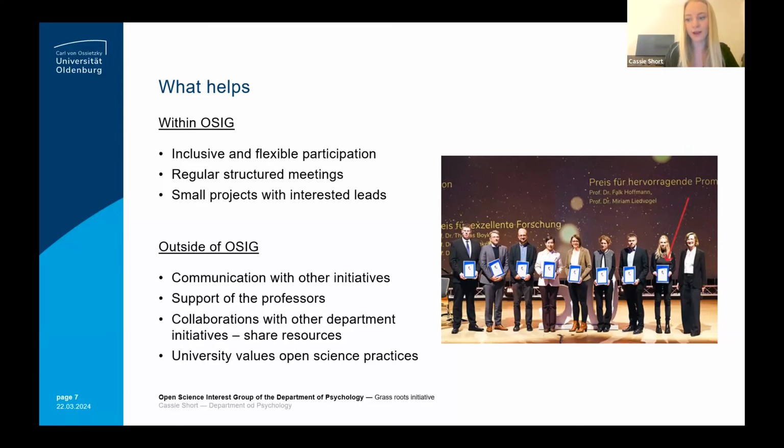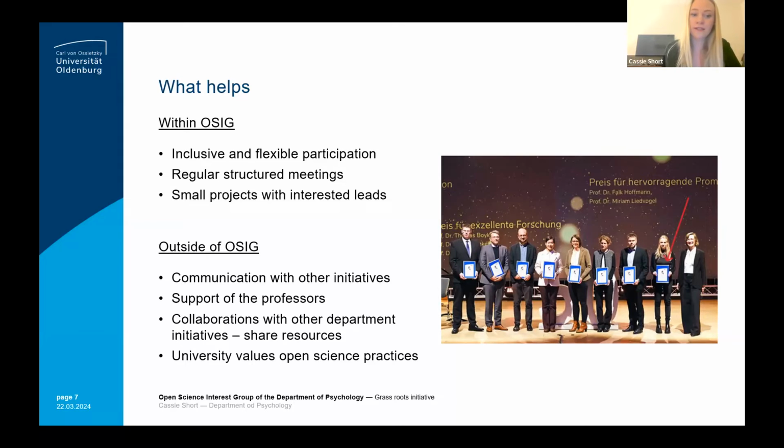I think this also encourages people to continue to be a part of it, because people get busier at certain times of the year, certain times of the semester. And I think it's nice to know and have the freedom to be able to duck in and out as and when you can and just do what you can.